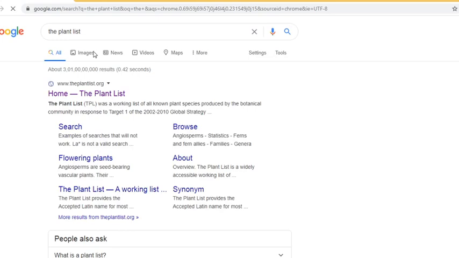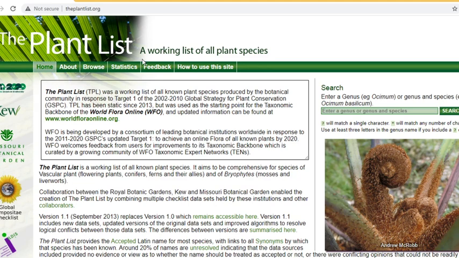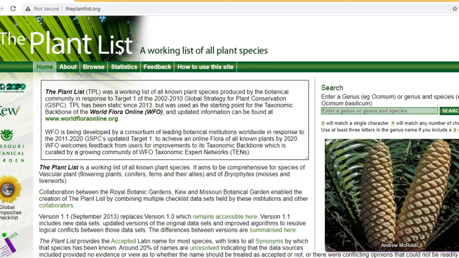Now let me tell you, at present this is the most authentic working list of plants, and this is a collaborative effort of scientists across the globe, especially the most renowned botanists from Kew Botanical Garden, England, and Missouri Botanical Garden. Together with them, there are many other organizations who collaborated here. So at present this is the most authentic and most trustworthy list of plants from where you can get the exact details of the latest status of plant names, whether they are accepted names or